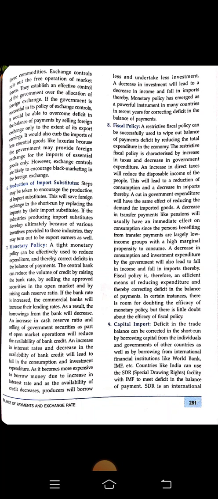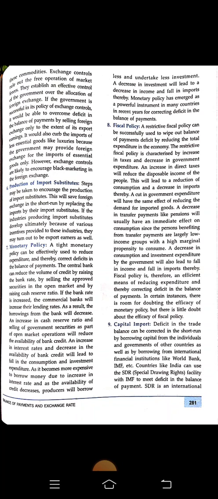the balance of payment. The central bank can reduce the volume of credit by raising the bank rate, by selling the appropriate securities in the open market, and by raising the cash reserve ratio, CRR. If the bank rate is increased, the commercial banks will increase their lending rates also. As a result, we will find that the borrowers from the bank will decrease, and an increase in the cash reserve ratio and selling of government securities as part of open market operations will reduce the availability of